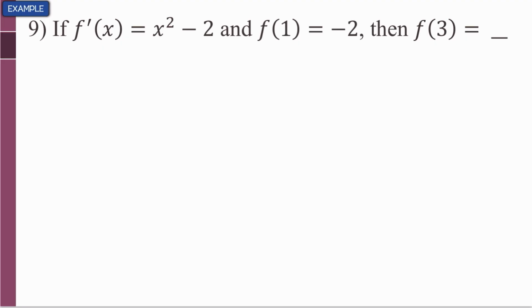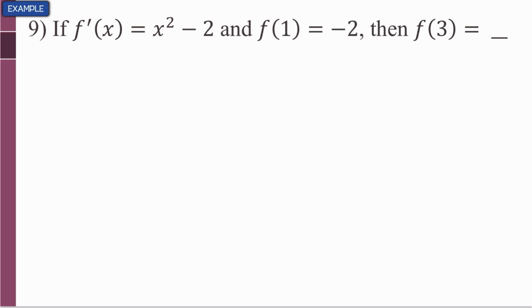Now this one, you can do this a couple of different ways. We have the equation of the derivative function. And similar to the last question, we have f of 1, and we're trying to find f of 3. So we could do something like what we did earlier in the unit, where we could find the antiderivative and then have the plus c, and then use this information to find the c value and then go back and plug in. And that's a perfectly fine way to do it, but I'm going to do this one